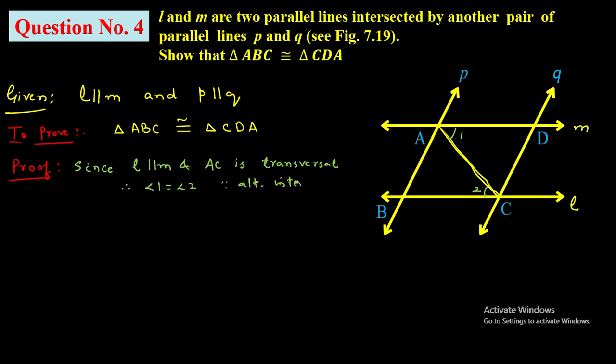And we know that when two parallel lines are intersected by a transversal, alternate interior angles are equal. Similarly,